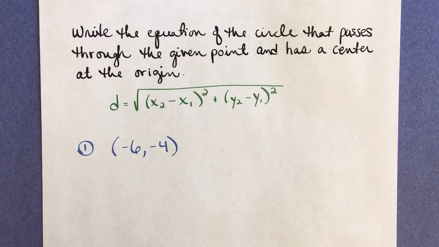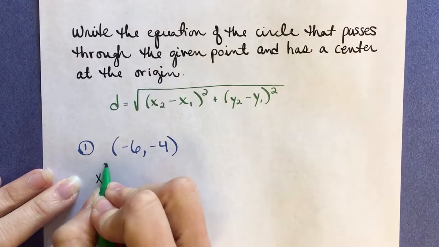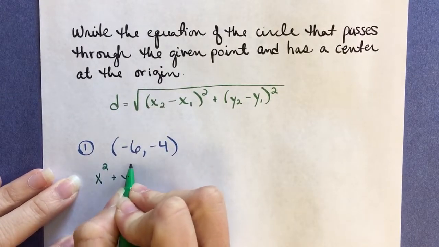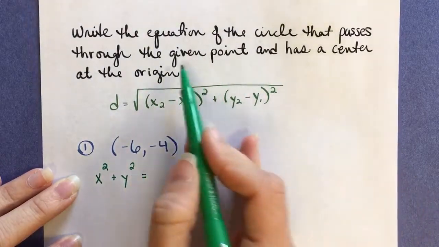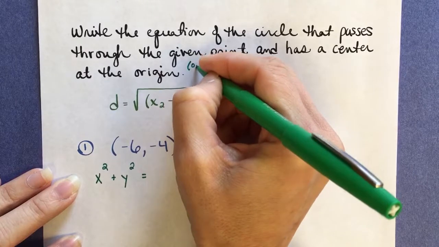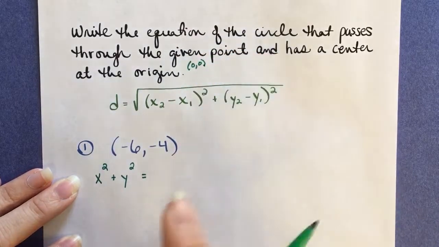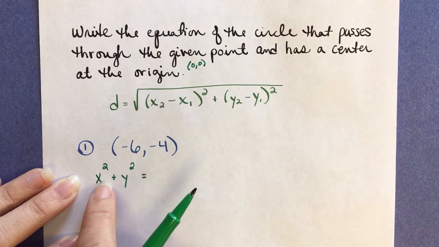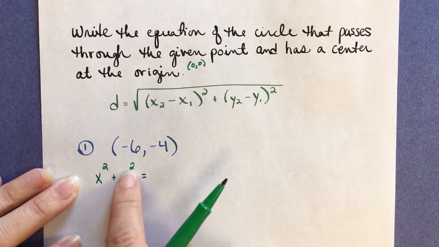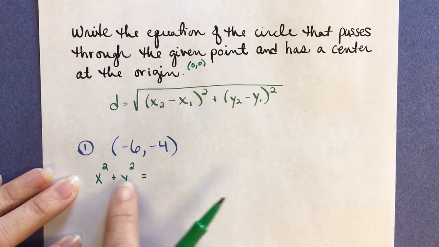Now, because our center is at the origin, what I know about my circle already is that I'm just going to have x squared plus y squared, because the center's at the origin, that's the point 0, 0. So me just putting x squared, remember, means this is an understood 0 that's either added or subtracted here. I just don't have to write it. And then I also have an understood 0 here. So